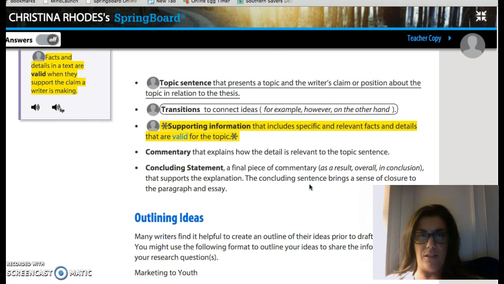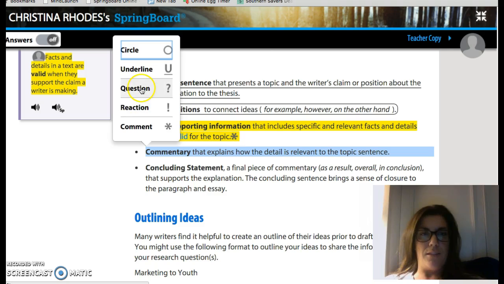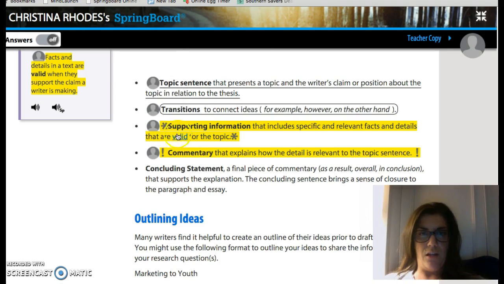Then you need commentary. So after your evidence, which is your support, you're going to write commentary. Commentary is when you say, this quote shows, this quote explains, this quote denotes. So you're going to use your power verbs on that other sheet that I gave you. So look at your power verbs for commentary. Under commentary, I'm going to have you put an exclamation point here because I want you to be looking at your power verbs, and I'm actually going to write a note right next to commentary. So on the side of your paper, if you could add that